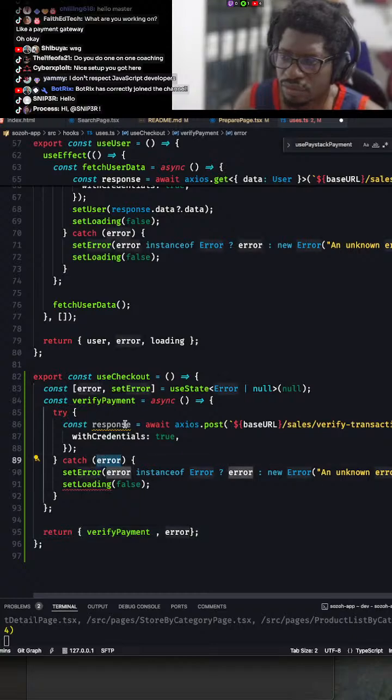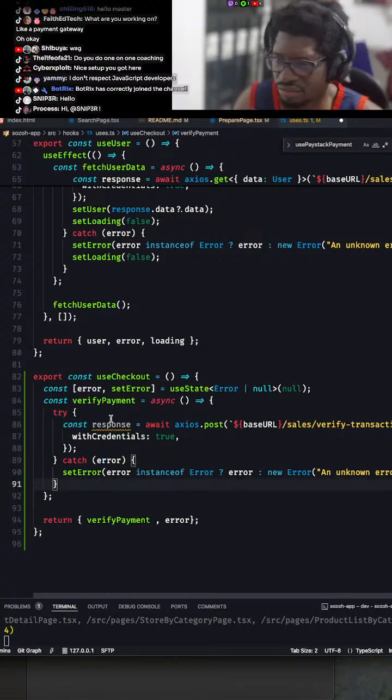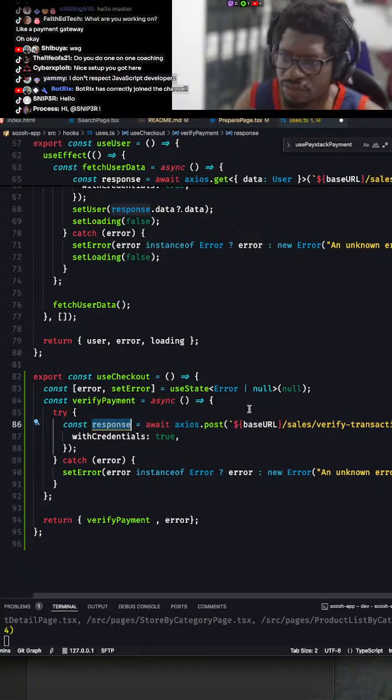I don't know what I'm returning yet. No need to manage loading for now. In terms of returning,